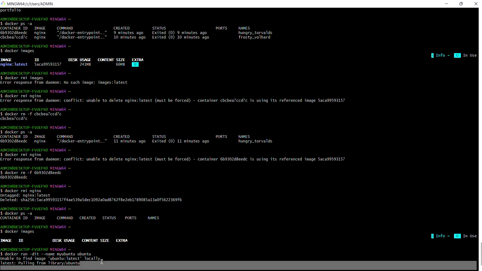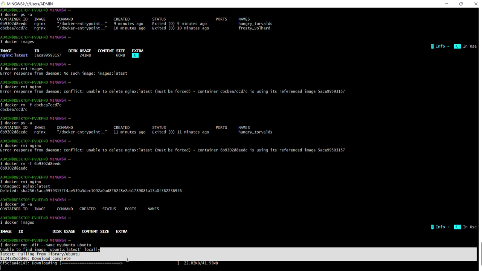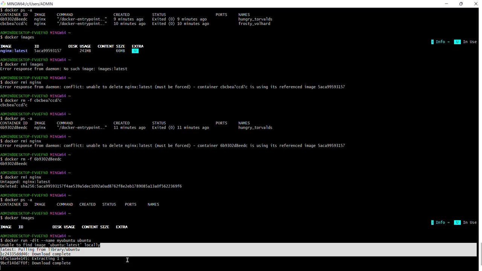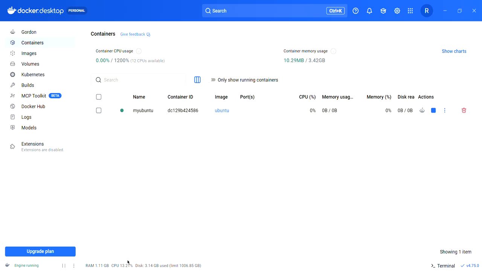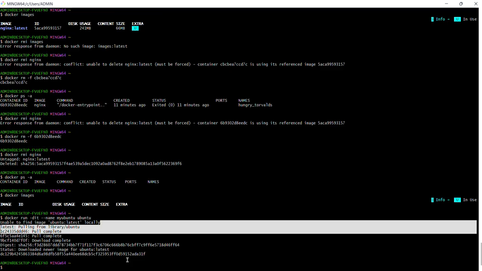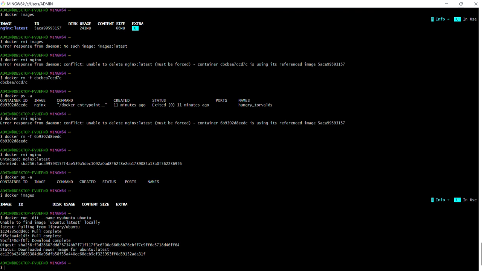Unable to find, but still it is processing the work. Okay. Now whatever images are there, it is going to delete. Before it was deleted. Now you can see Ubuntu. A new image came, right? Now guys, we need to go inside that container.